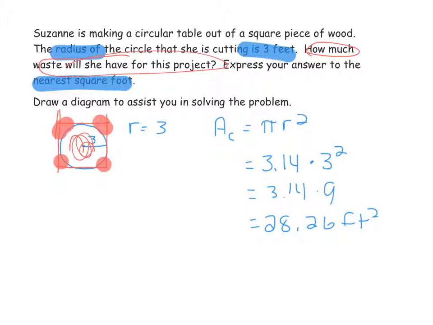So we know that this is the area of the circle. To be able to do this problem, we also have to know the area of the square. So if the radius, so half of this, is 3, what would the side length of a square be? The side length of a square would be 6. So the area of the circle is this. The area of the square,